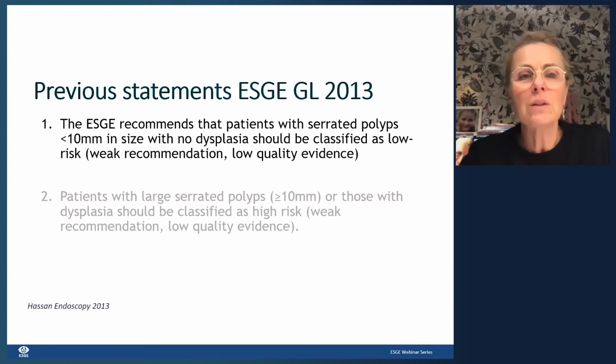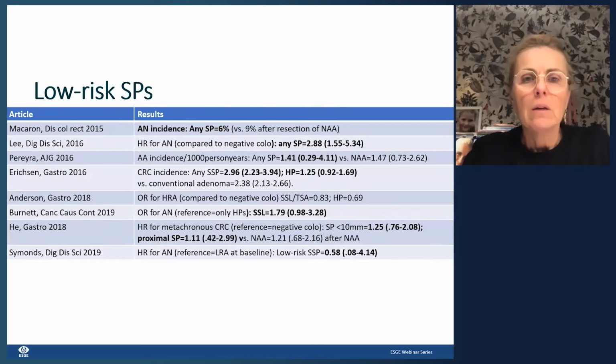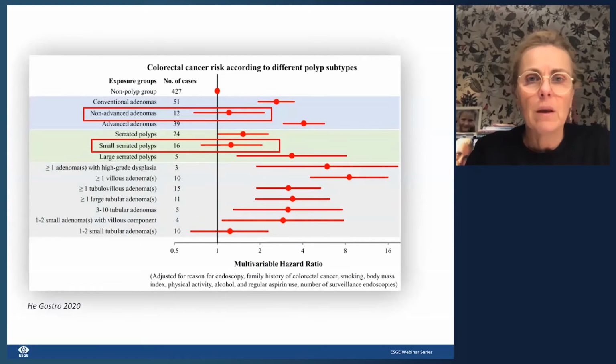And then the large ones, or the ones with dysplasia, were classified as high risk. So this is the new evidence that we had on the low-risk polyps. And you can see we have quite a vast amount of data. I think this is a very nice example of data from a paper in Gastroenterology of last year, where you